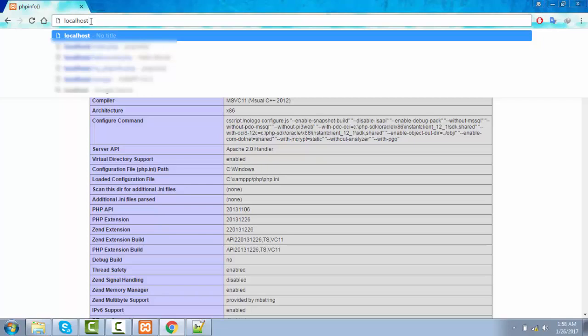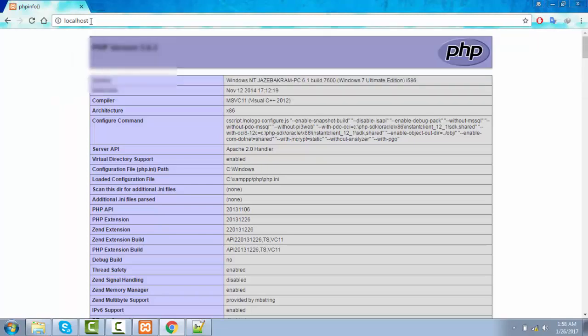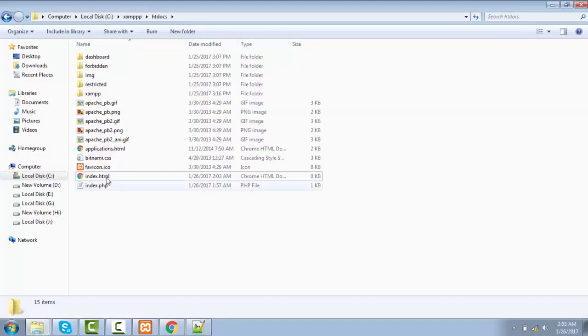So if I enter localhost without writing index.php, then you will see that my phpinfo function is being called right here. See, now here I have one more index file, and that is an HTML file, not a PHP file.